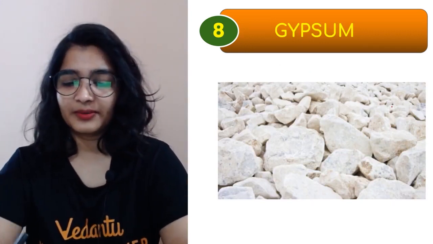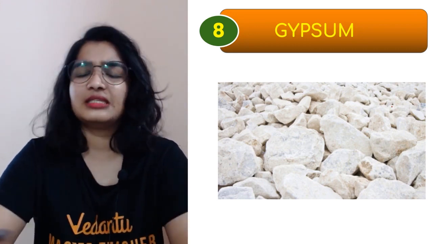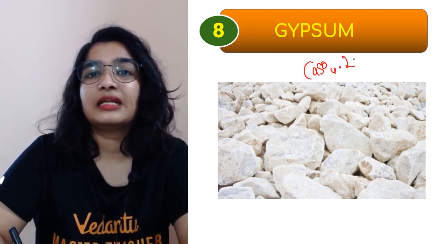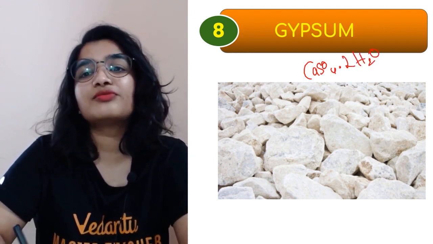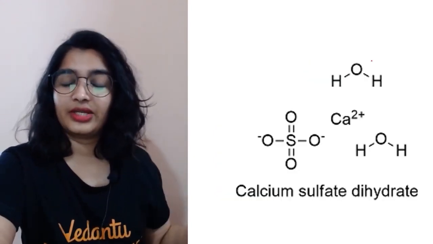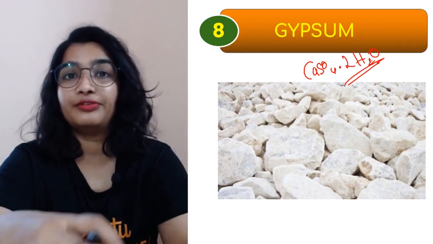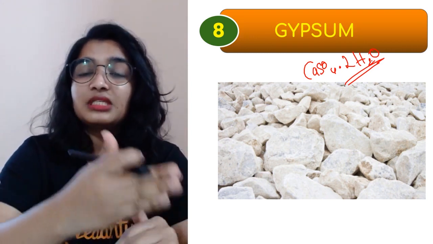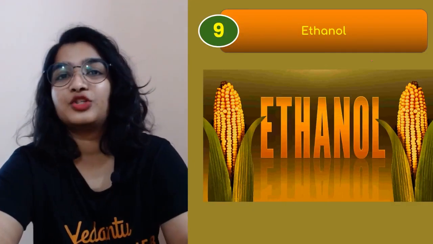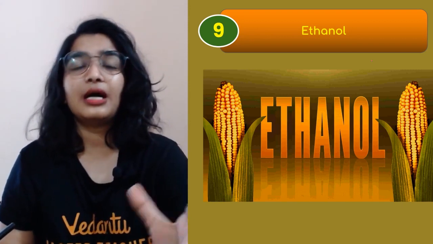Okay, next is gypsum. One more important compound, especially in the chapter when we talk about acids, bases and salts, both for ICSE and CBSE. So gypsum is calcium sulfate dihydrate, because you have 2 water molecules. POP is hemihydrate. Calcium sulfate dihydrate is gypsum. You should know the difference, okay? Please do not get confused. Gypsum is CaSO4.2H2O, whereas POP is CaSO4.1/2H2O.